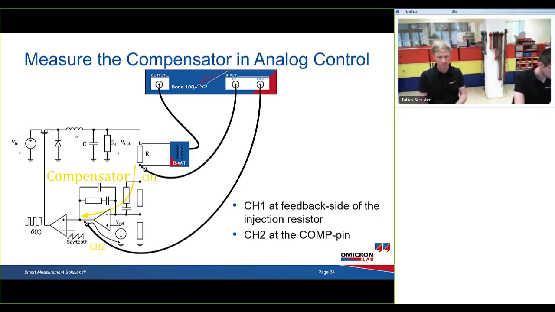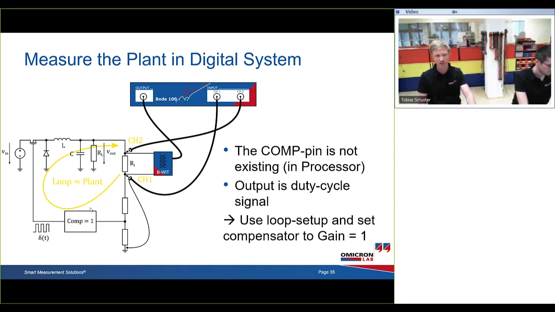If you want to measure the compensator in analog control, that's the same. It's pretty easy. The channel 1 is connected at the input of the compensator. That's the feedback side of the injection resistor, and the channel 2 is connected to the comp pin, and that gives you the transfer function of the compensator. In a digital system,